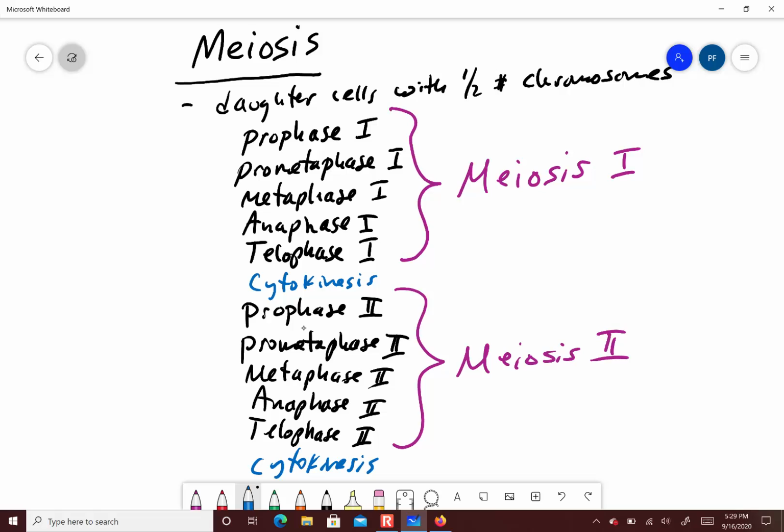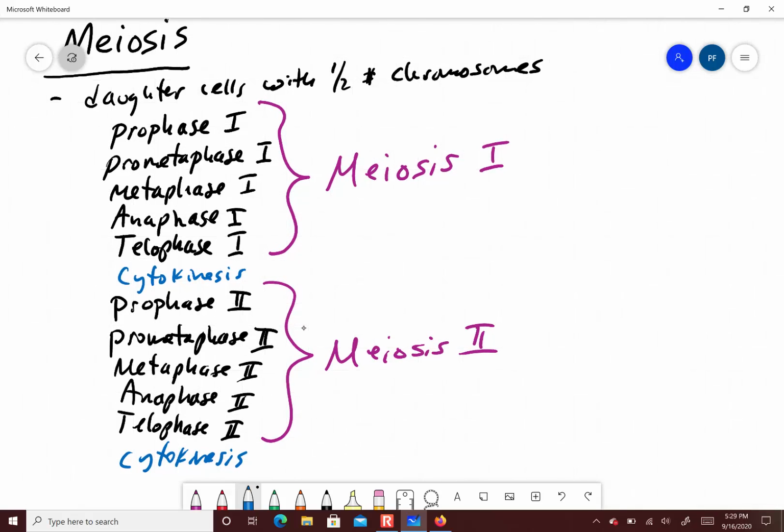It's just happening twice instead of once when we're looking at meiosis. What's happening in metaphase? Chromosomes line up. Metaphase 1, chromosomes line up. Metaphase 2, chromosomes line up. Right? So the same stuff is happening. It's just twice. Okay, and since we're doing this set of events, these steps twice, and cytokinesis twice, in meiosis,